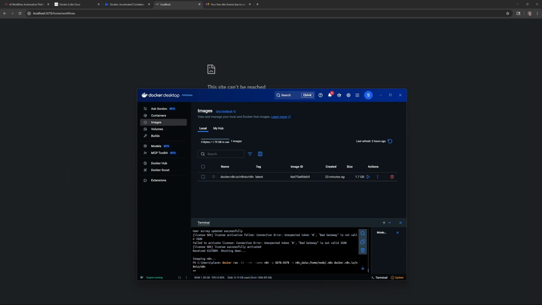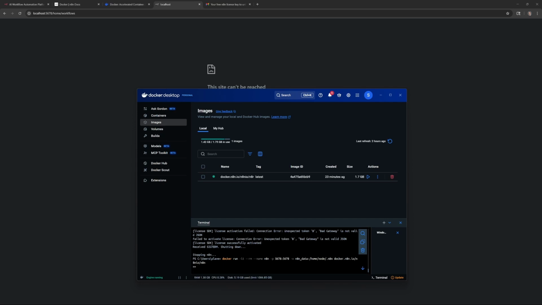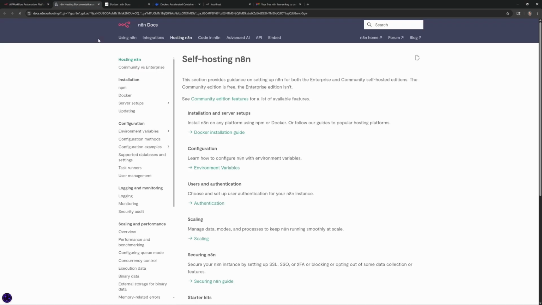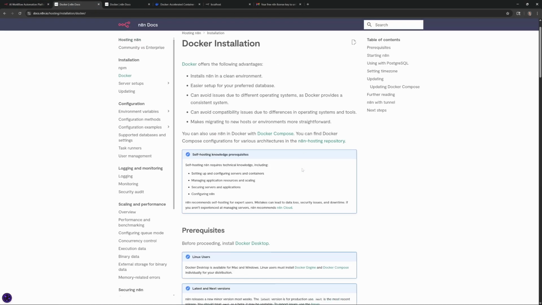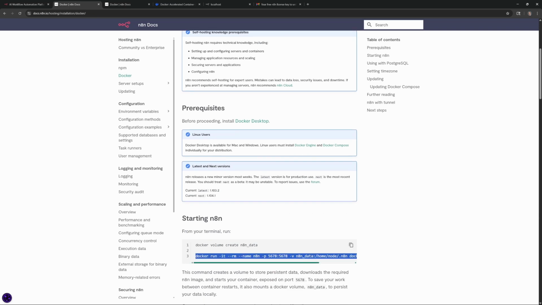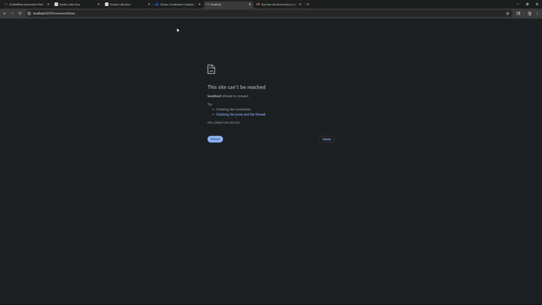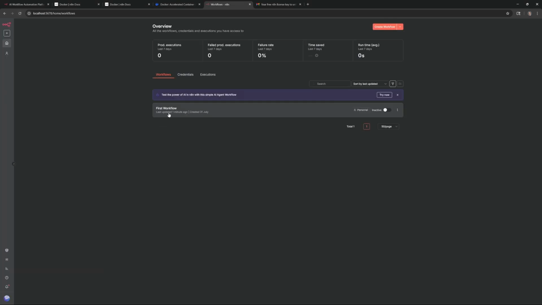So if for whatever reason you may have used other commands in terminal, all you have to do is go back to N8N's website, go to the self-hosting N8N, Docker installation guide again, and then triple click on this line to copy it, then go back into Docker and paste that in. So the same process we went through earlier, if that terminal doesn't have the most recent line in there if you hit the up arrow. But now that that is running again, if you refresh, you can see it has the same information I had in there before.